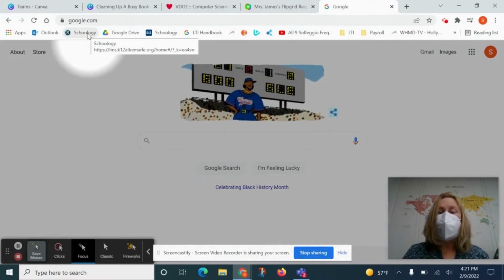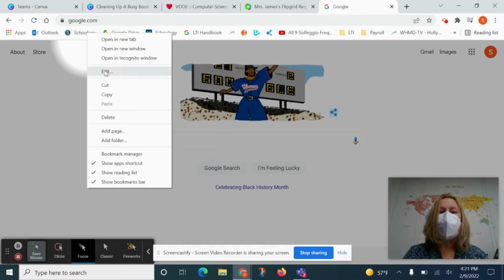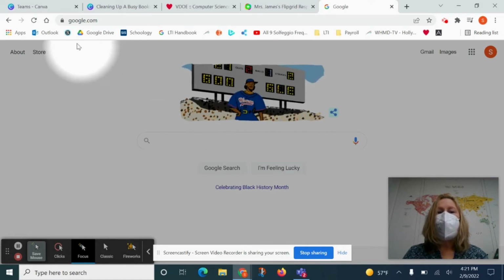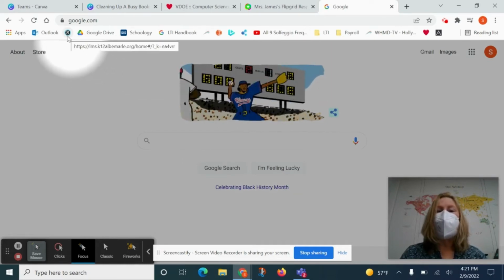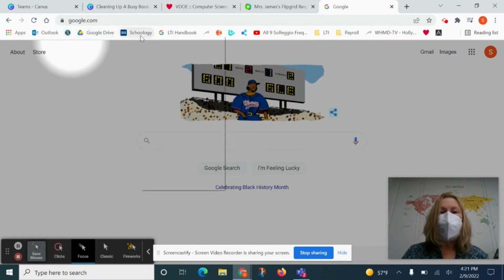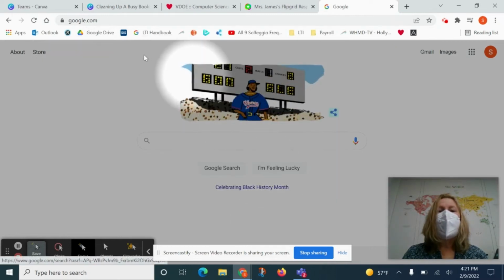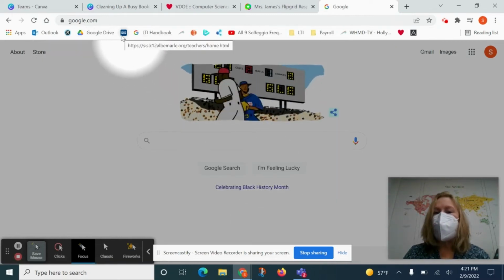So select the bookmark that you want to change, right-click, select Edit, delete the name that's highlighted in blue, select Save. If we pop back up, we can see that the Schoology icon is the only thing showing on the bookmarks bar. I'll also do that with Schoology. Edit, delete the name highlighted in blue, select Save, and now I have just the icon on my bookmarks bar